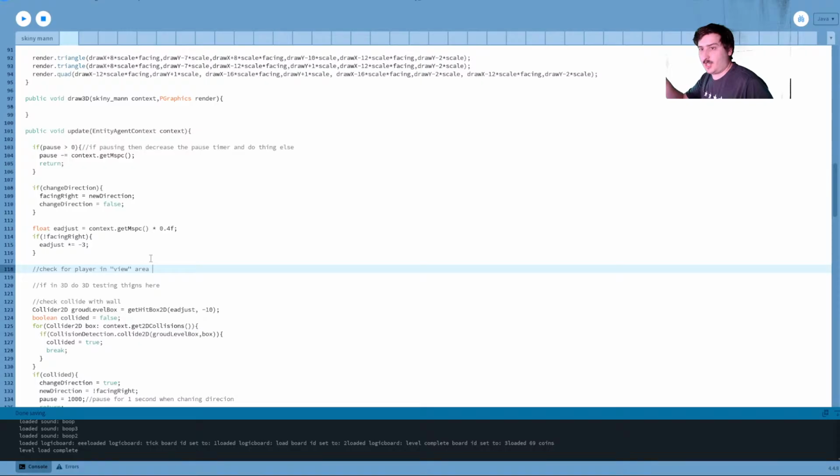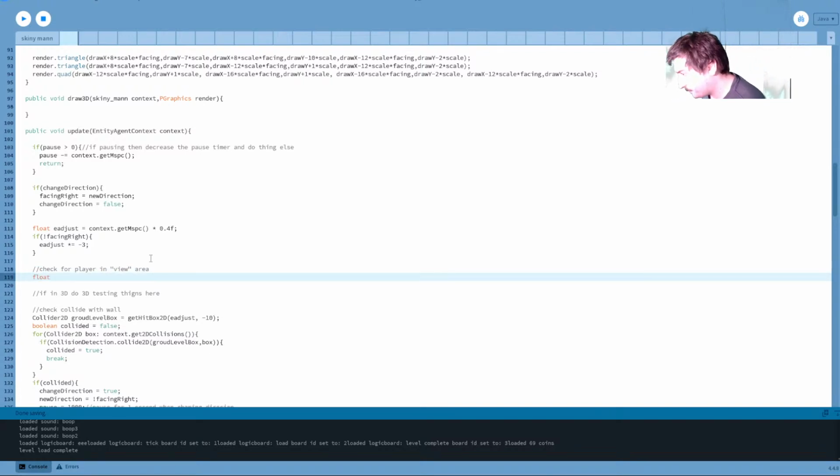We're going to check its distance to the player. And if the player is within whatever X, and even to a certain extent Y range, yeah, so here, we'll go. Actually, we need to do this in a loop.